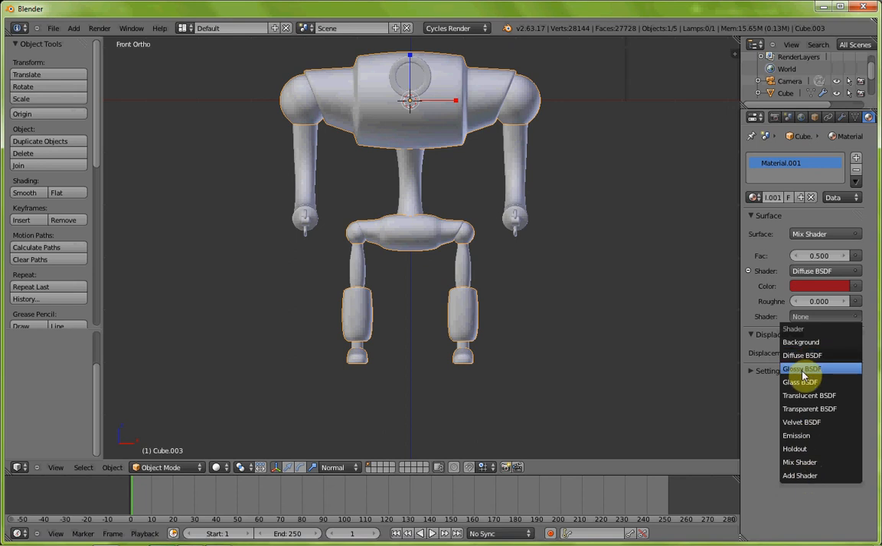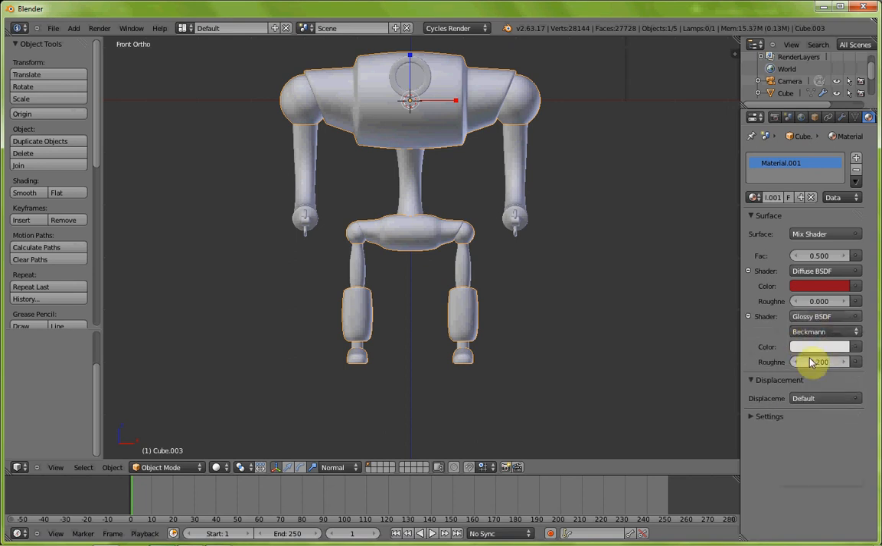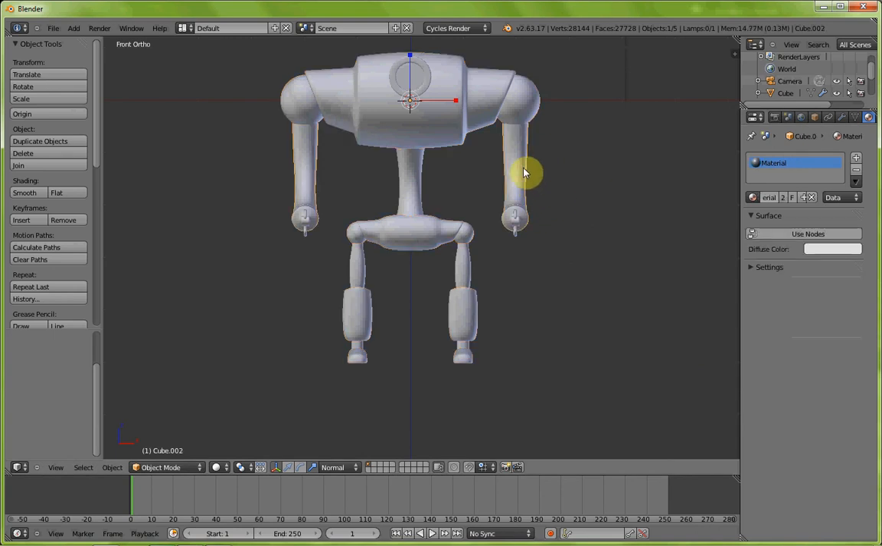And make it glossy. Roughness, turn it way up. Maybe not that much. 800. Okay. And now